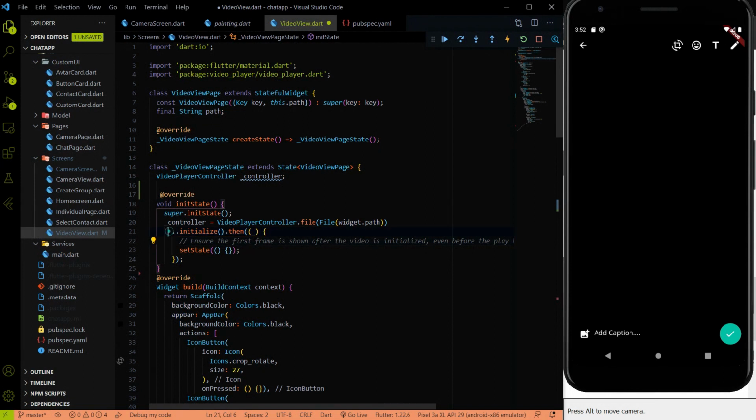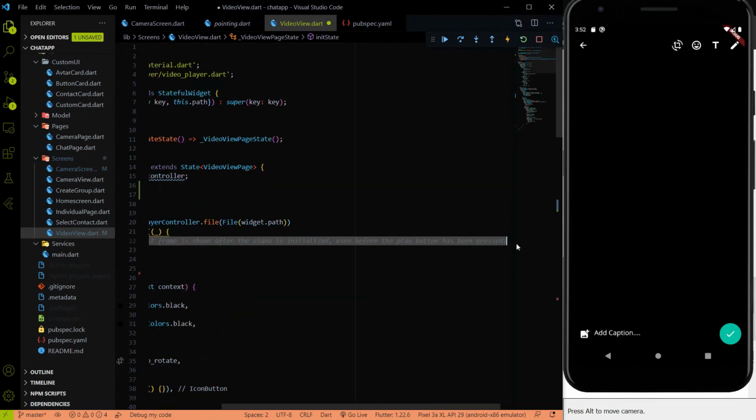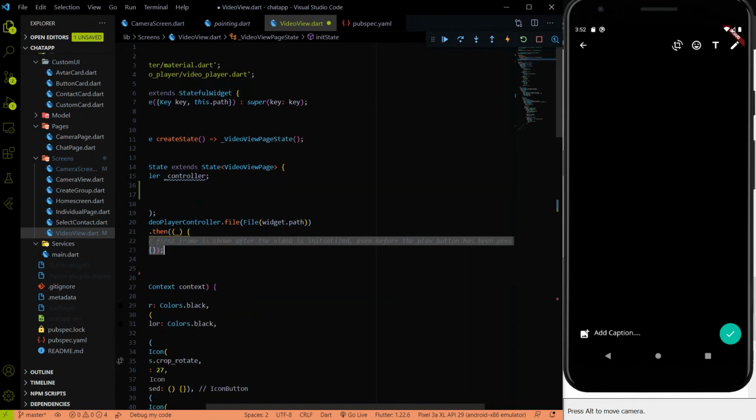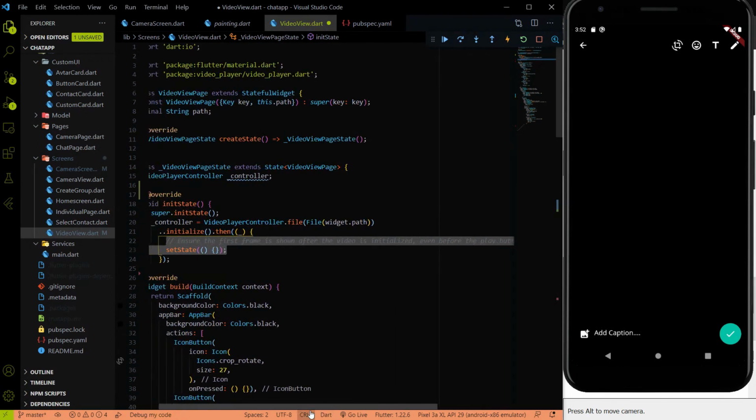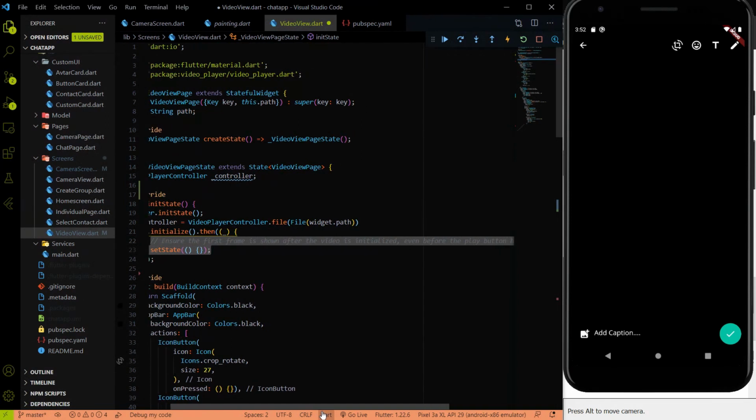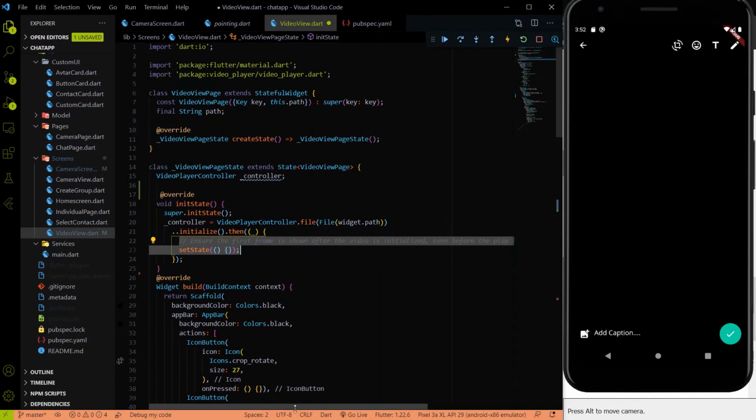Then we initialize it, and we are doing this because we have to show the thumbnail as well. The documentation explains it very well: ensure the first frame is shown after the video is initialized, which means when we initialize the video, the first frame will be shown like a thumbnail.